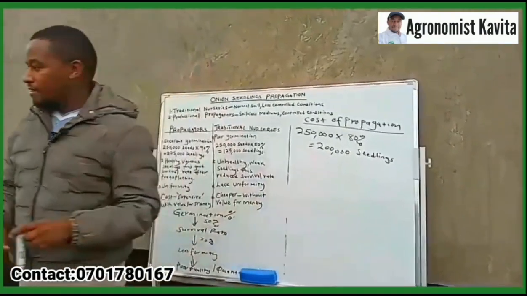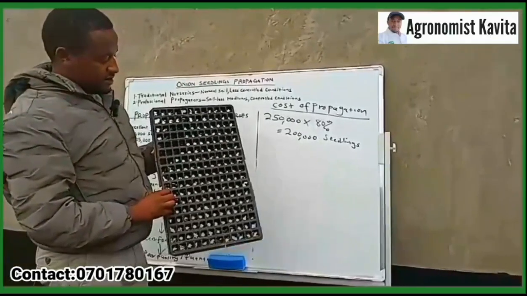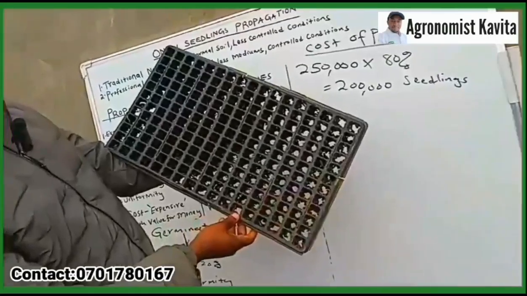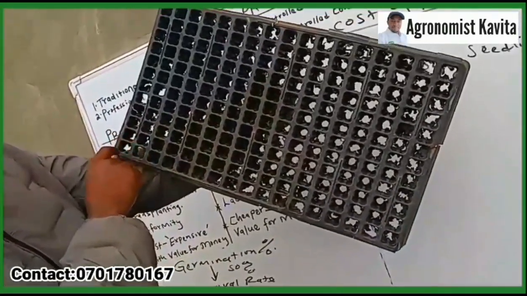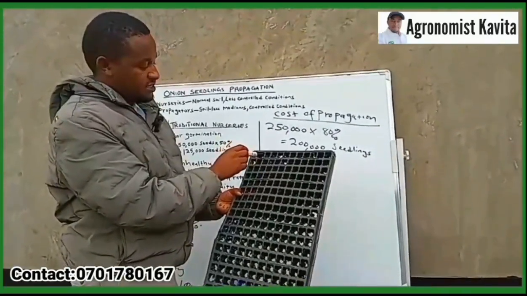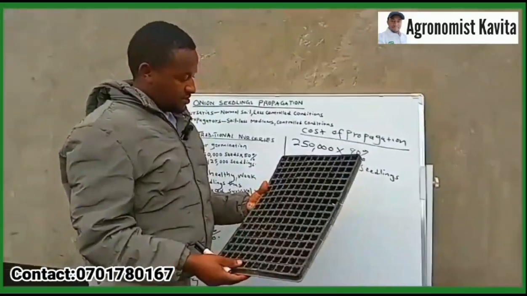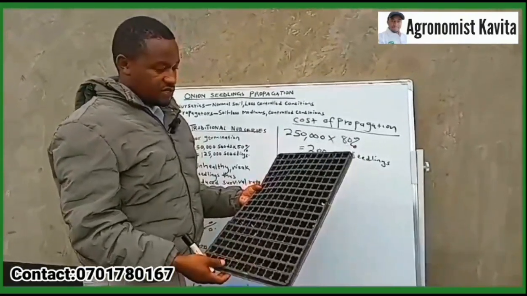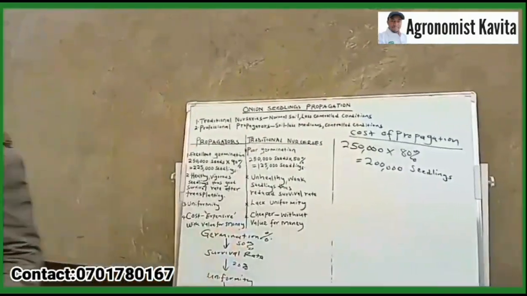They normally use trays, and I have one here. This is just an example of a tray. This is a seedlings propagation tray. As you can see, this one has how many? We call them cavities or plugs. This is where they place the seeds. This is where we sow the seeds. These trays come in different sizes. We have some with 360 cavities, some with 400, some 442, 160 cavities, and basically what happens